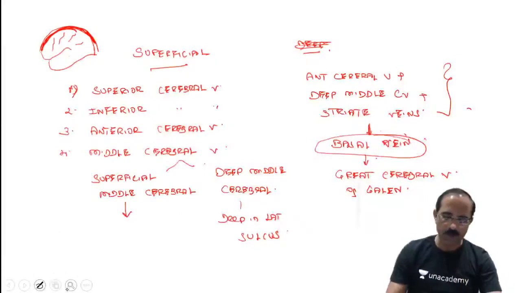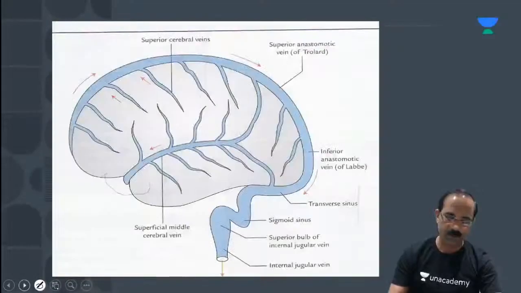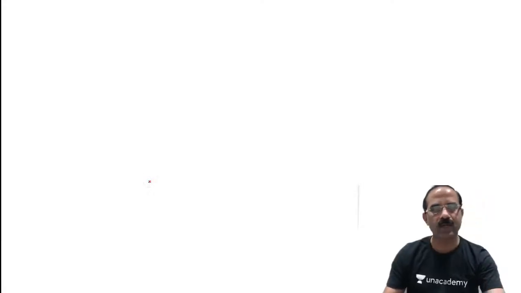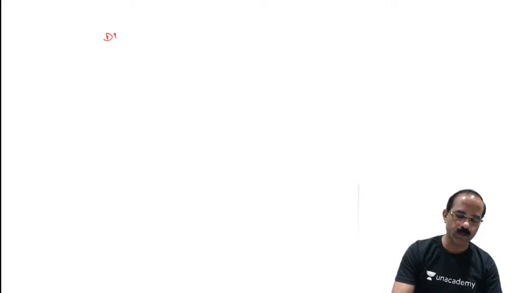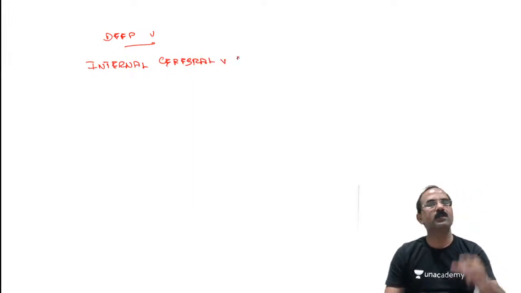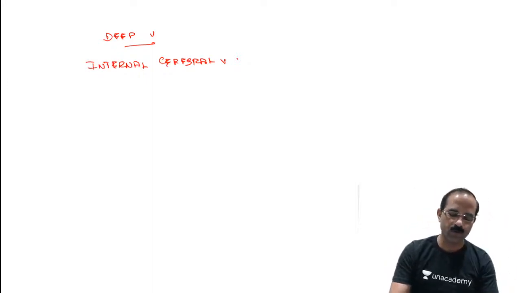Now we have just one deep vein. I'll come to this once again. Only one deep vein we have. Right, and which is the deep vein? This is another very important thing. The deep vein is the internal cerebral vein. And this internal cerebral vein is formed at the foramen of Monro by the joining of